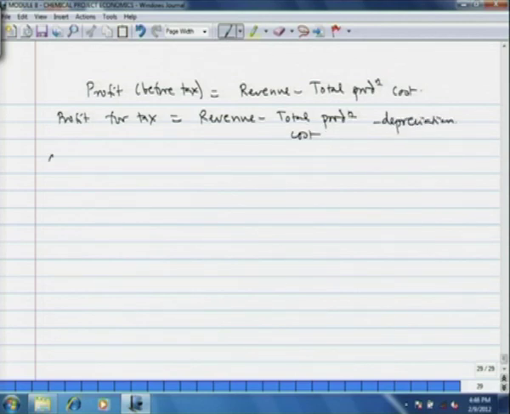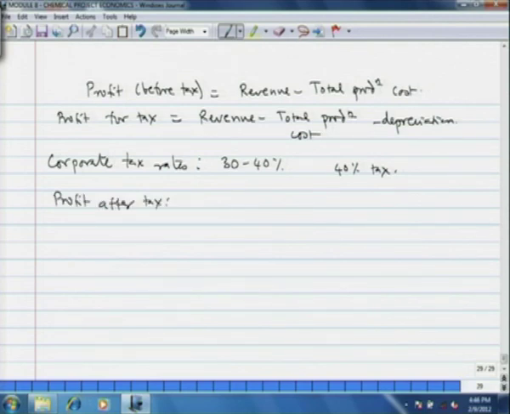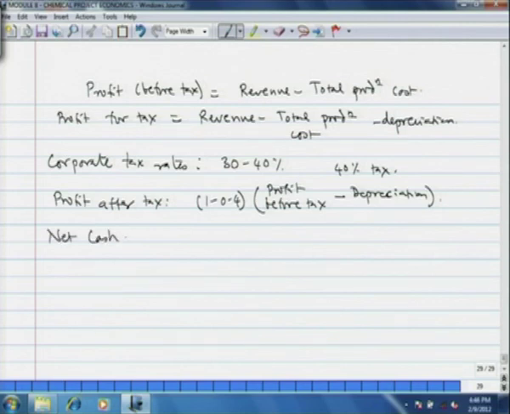Now, the typical corporate tax rates are 30 to 40% in India. So, we take a value of 40% that we assume. So, the profit after tax is 1 minus 0.4 or 0.6 times the profit before tax minus the depreciation cost. Then the net cash flow to the company, which is also known as net cash accruals,